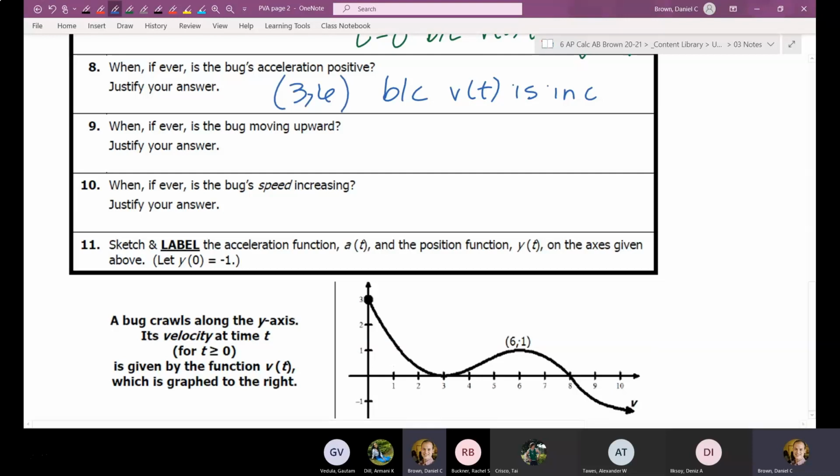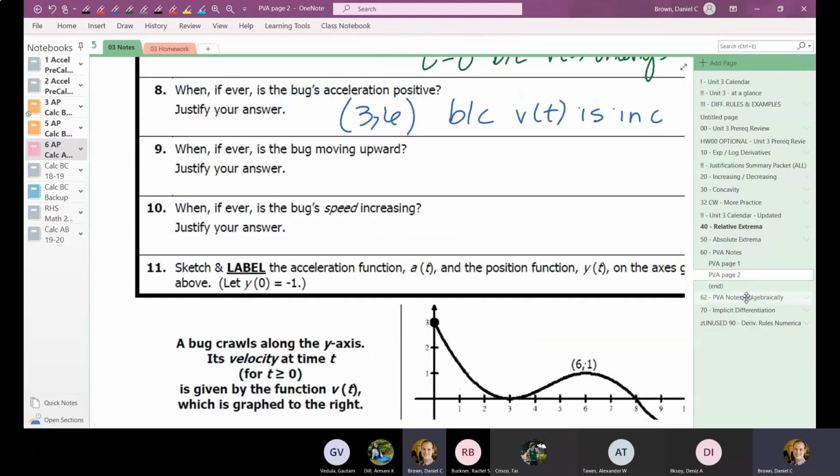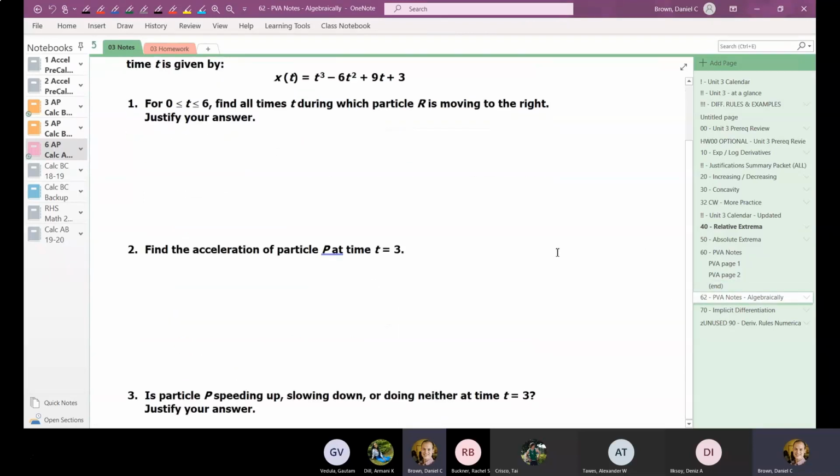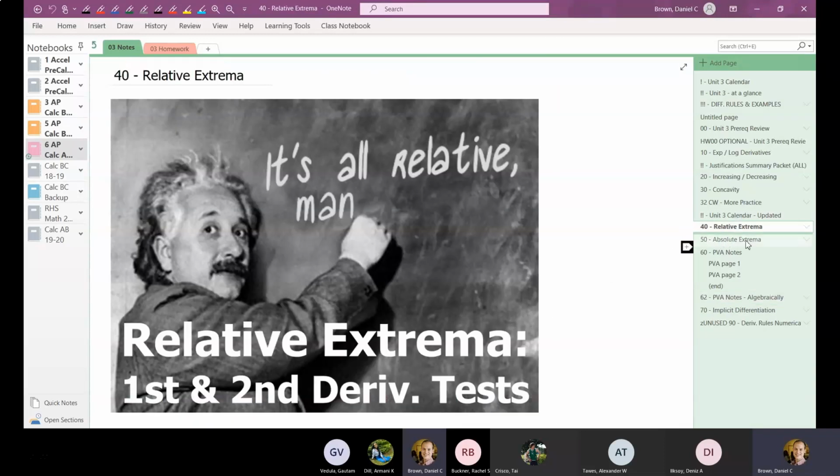So I'm going to stop there. I don't want to rush 9, 10, and 11, and we'll pick up there. I am going to ask you to go ahead and start the homework, though. Tomorrow, we're going to finish those 3, and then we're also going to look at an example of PVA algebraically. I just have 3 problems. Your homework that you're working on